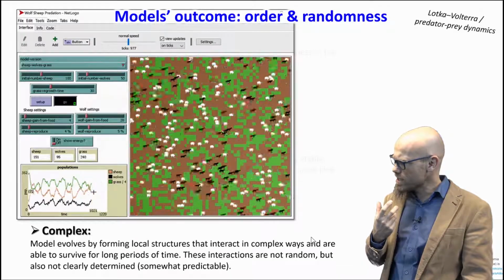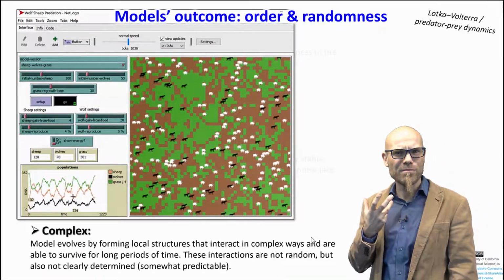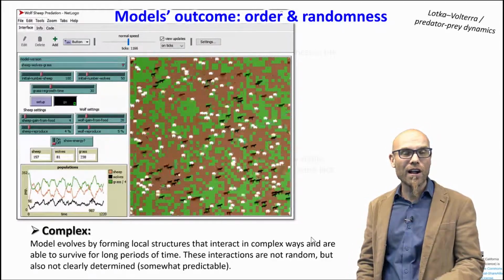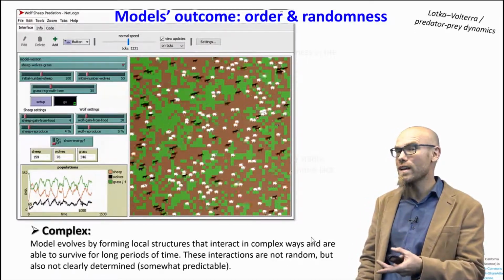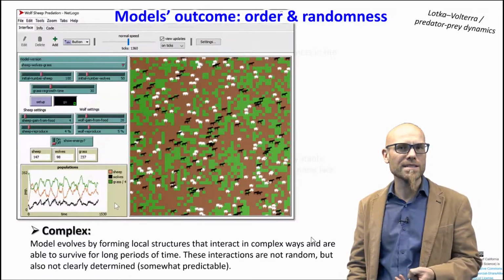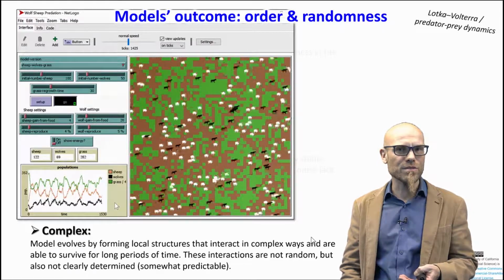You can make some predictions, but not really perfect predictions or smooth predictions. There is randomness still involved. Even so, there are some local structures that you can identify. And that's what you most often find in social systems, complex adaptive systems, and ecosystems, of course, as well.